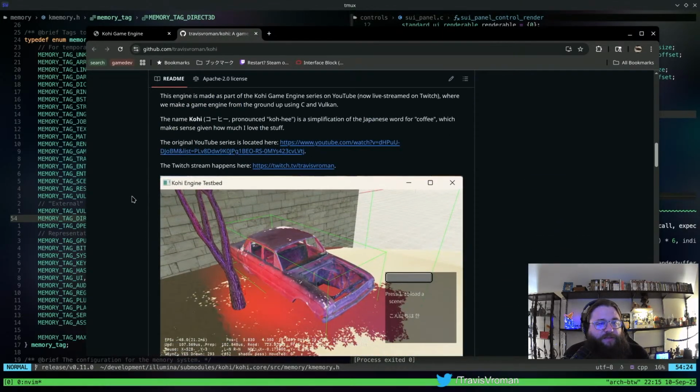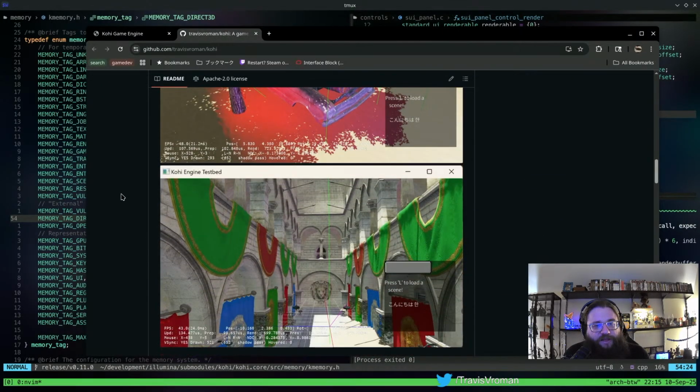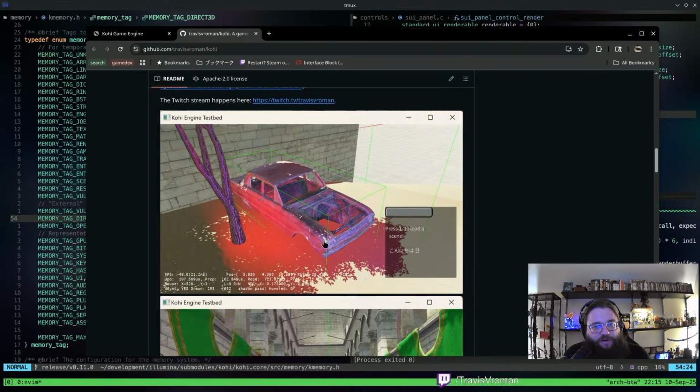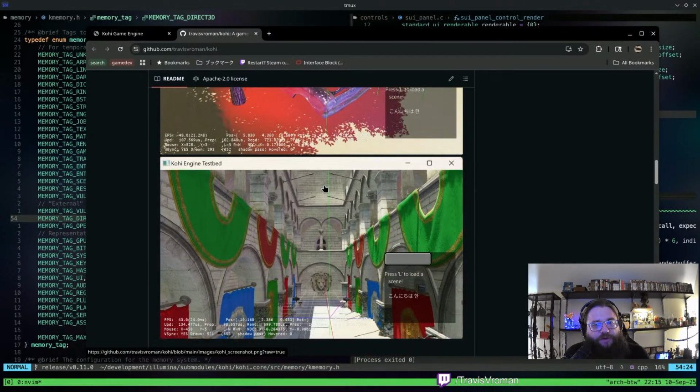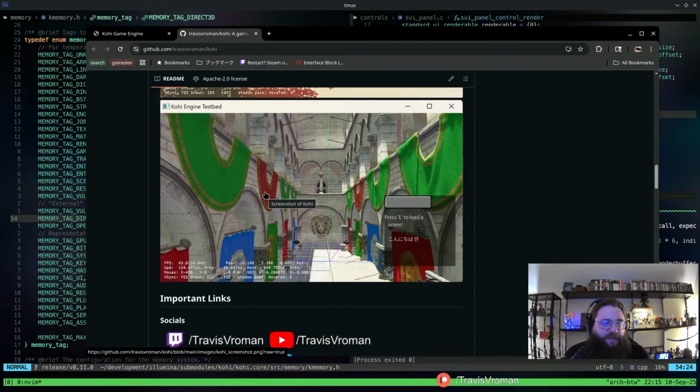If we scroll down a little bit, I've got a couple of quick screenshots here of our basic PBR rendering pipeline. We've actually enhanced it since this. So we've got cascading shadow maps, your basic PBR pipeline. Not really a whole lot to say about that.